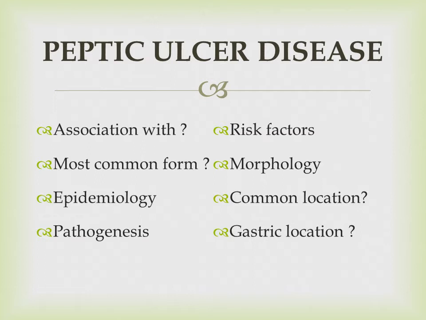Peptic ulcers are usually located in the lesser curvature of the stomach. They are also seen in the proximal part of the duodenum. On the lesser curvature, the most common location is the body and the antrum. Usually the patients present with a solitary peptic ulcer, only a single ulcer,